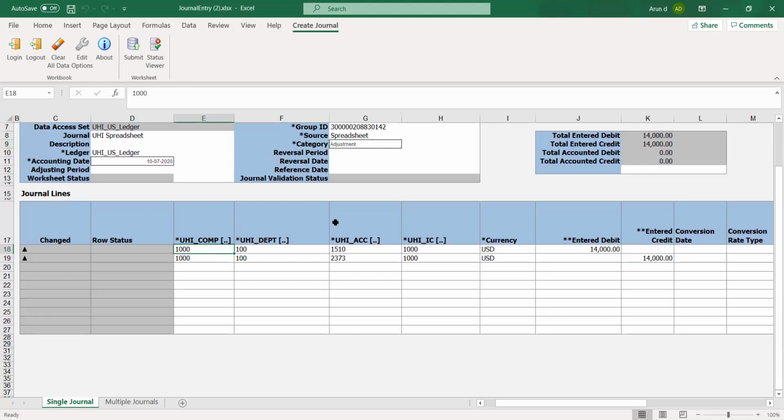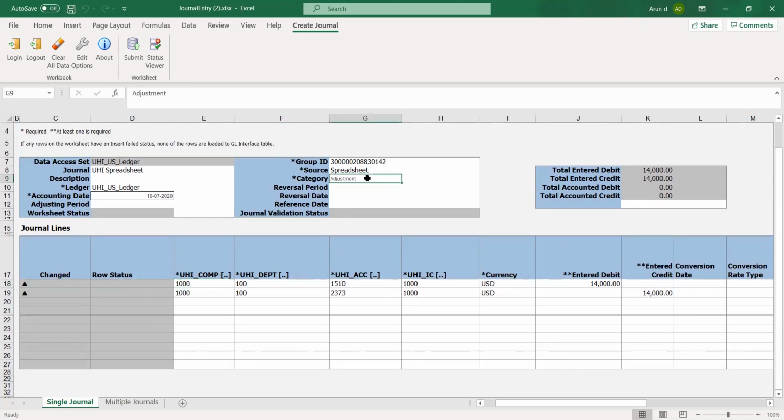What are the other categories that we have there other than adjustment? So other than adjustment, we have multiple options. Like we have module wise payables, receivables, and the manual, and we have some custom category as well. Okay. So we will see the category part after this, when we are doing this FBDA. I'll show what are the categories available.